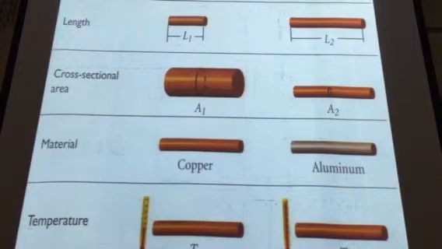Okay, again, just going over what the resistance of a wire depends upon. The longer the length, the greater the resistance. The greater the cross-sectional area, the less the resistance. And what the material is made of, that's the resistivity. And the greater the temperature, the more resistance, but we're not going to take that into consideration. As a matter of fact, if you look at that equation sheet that they let you use on the test,